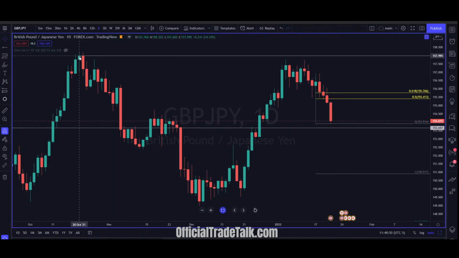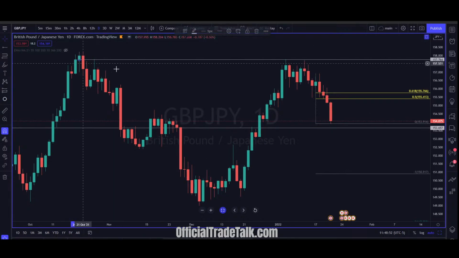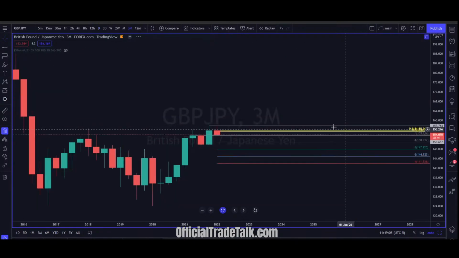There is that level right there at your daily supply zone, or your daily heat level. Check. Two areas checked, and then it rocked off to the bottom. So that's why we were kind of looking for bullish entries over here the other day. Your quarterly level is there as well. It's such a big zone, such a long time.